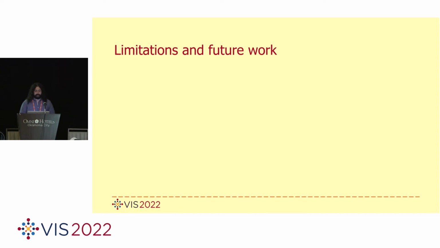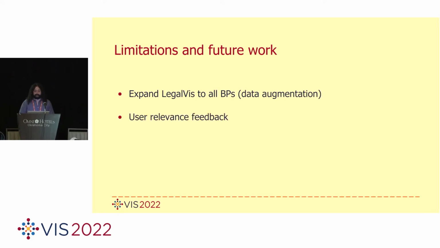In our work, there are some limitations planned to be tackled in future work. For instance, we only approached the 10 most cited binding precedents from the set of 58 ruled by STF. This is because the majority of BPs have a small number of citations in the dataset, so we cannot train models. To tackle this problem, we intend to apply data augmentation methods. Currently, we do not collect user relevance feedback about potential citation inference, and we do not visualize the uncertainty of the model assignments. We plan this for future work.